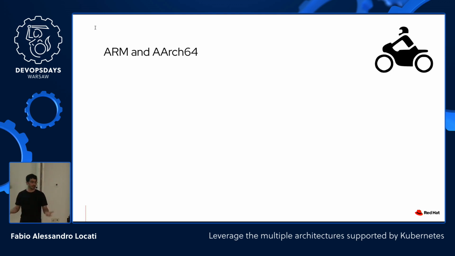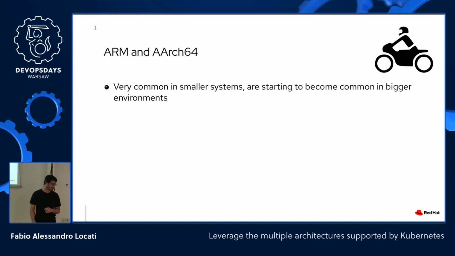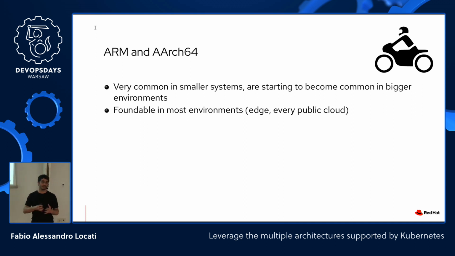Moving to the second architecture, that would be ARM and ARM64. I think about those as motorcycles. They are smaller, slimmer, but still a very good option for many use cases. So usually you can find them on smaller systems, and nowadays they are also available in bigger systems. Ampere is the biggest producer of big